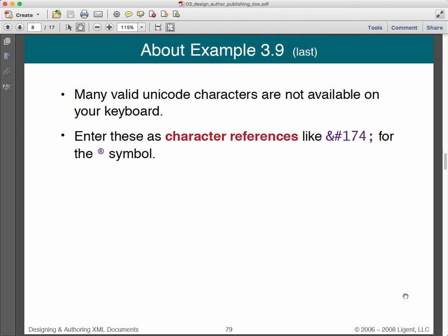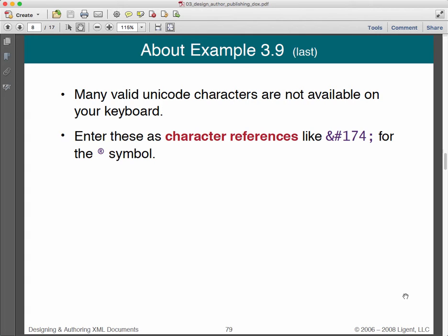So what kind of characters might we want to use? Well, you might want to use characters from another natural language like Spanish or French or Russian or Korean, in which case there are ways to refer to characters using